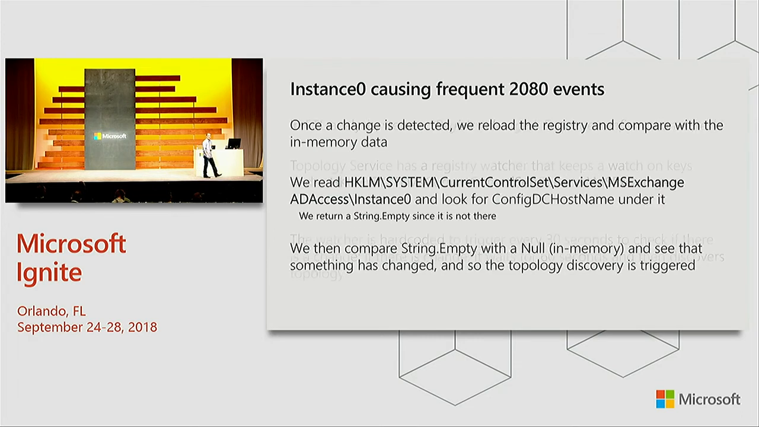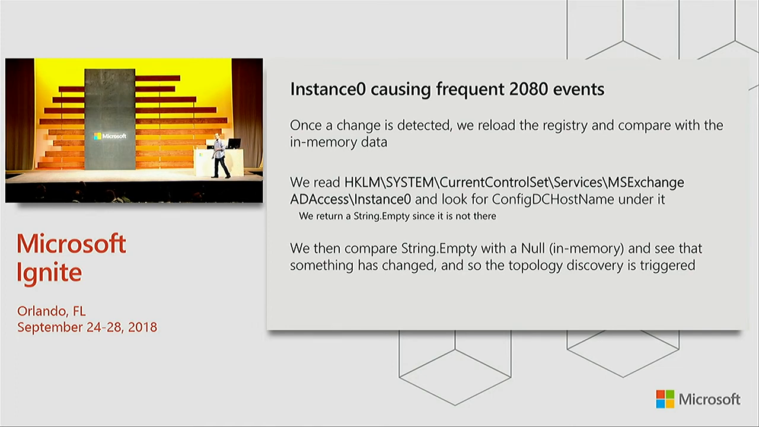We're getting close. So once a change is detected, we simply reload the registry, and then we compare the in-memory data. Is the in-memory list of servers we have the same as what is in the registry? If not, we compare them. So when we compare them, we'll look for a config DC hostname. If it's not there, we'll return string.empty. Now, string.empty is not the same as null, okay? And that's what was going on here. When we compare string.empty to what we have in memory, which is null, we get a mismatch, and therefore we